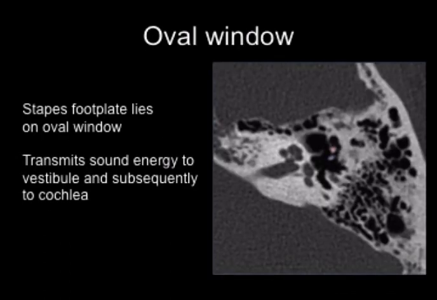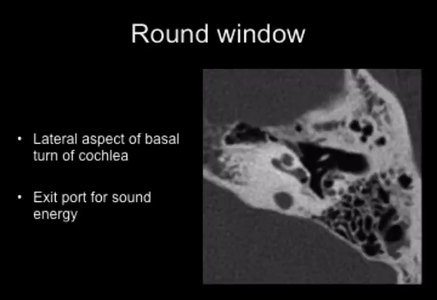The windows, very briefly, we've talked about the oval window. If this is the stapes here, this is the oval window. And the round window is the sort of exit for the sound energy. And again, how to find it? Well, most people have no idea how to find it. So if you find the basal turn of the cochlea here, and then go to its lateral aspect, this is